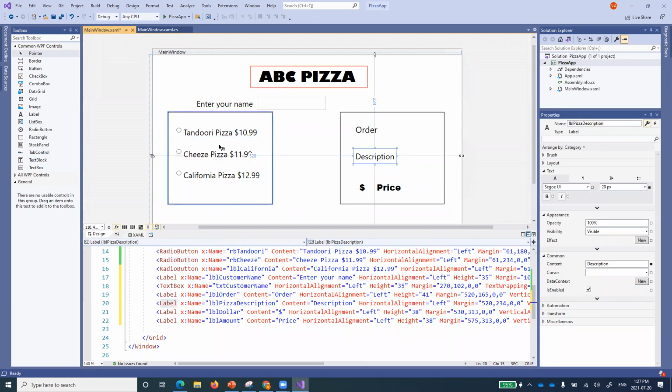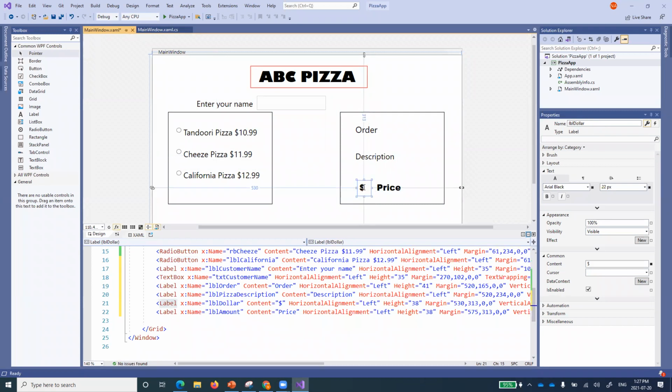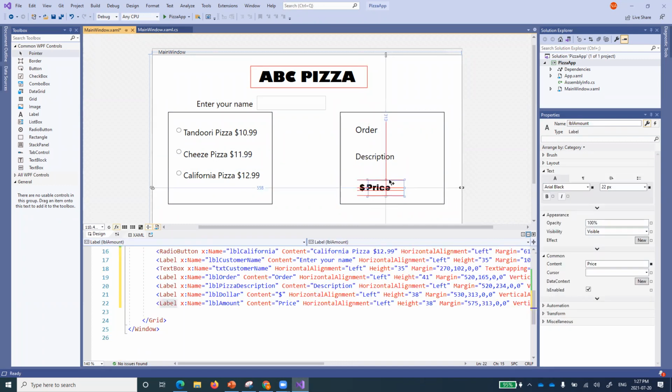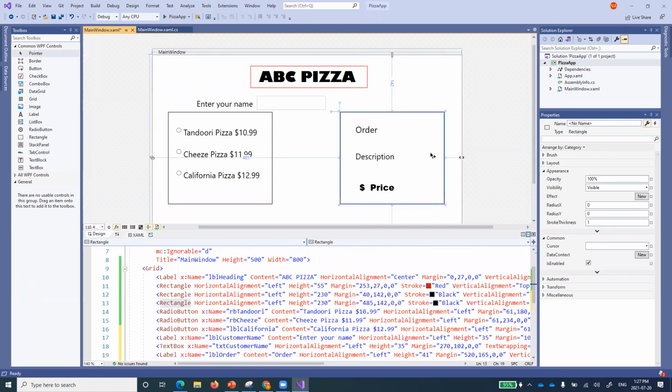The description will show whichever pizza is selected, and the price, whatever the user has selected, will come over here. You can always readjust them and place them wherever you want. It's up to you.